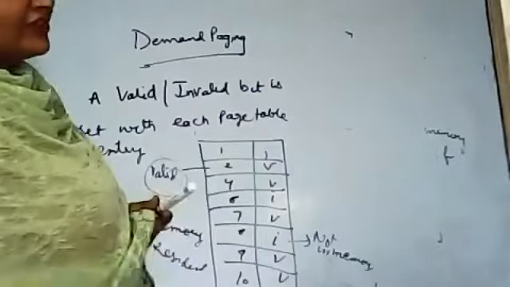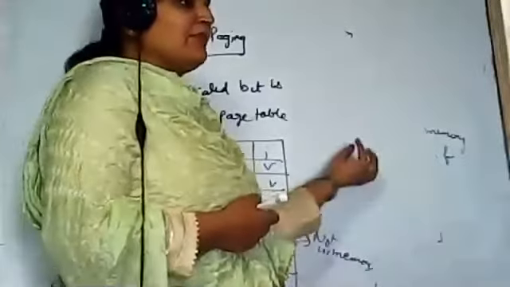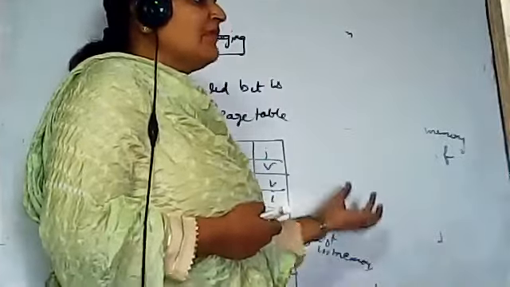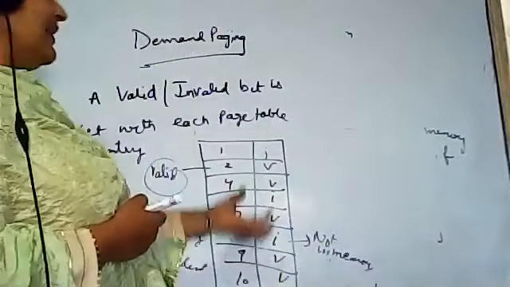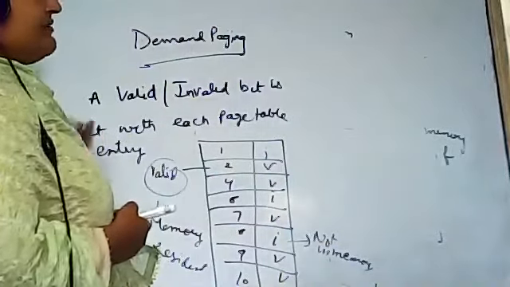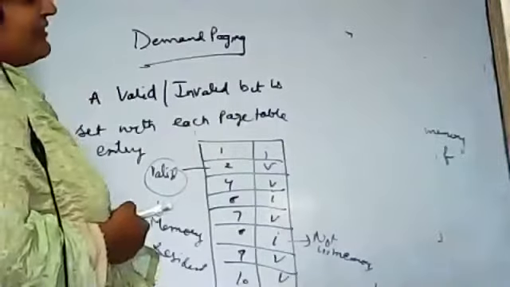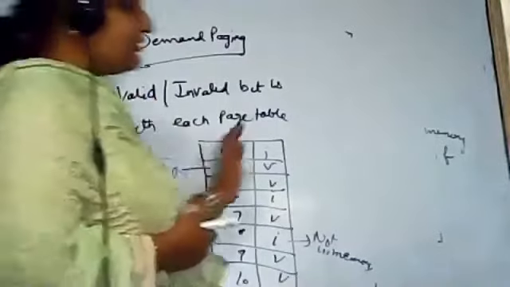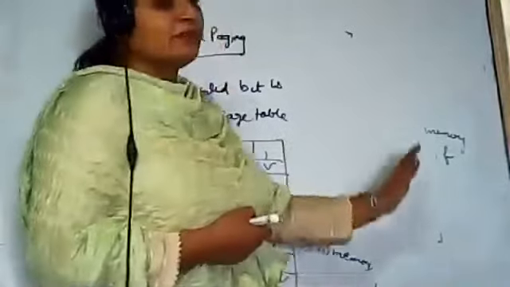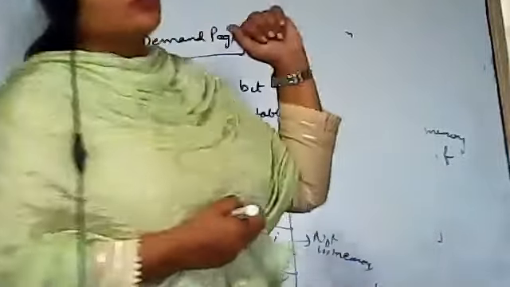So that is not there. But if it is not in memory but in the backing store, we bring it from the backing store into the memory, and from memory to the page table, and from the page table it interacts with the CPU. After interacting with the CPU, it will again be stored into the physical memory. From the physical memory, it will be stored again into the backing store. This is how demand paging works.